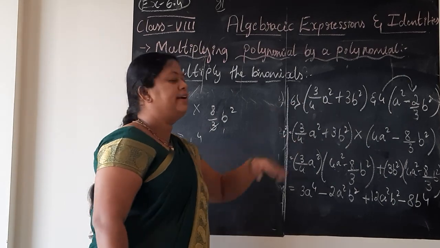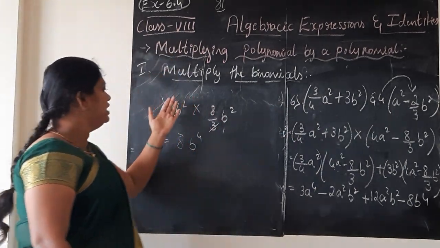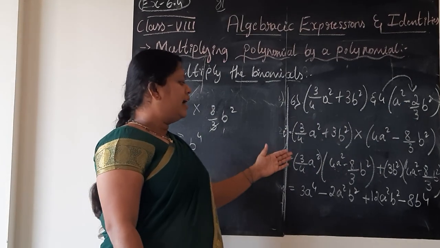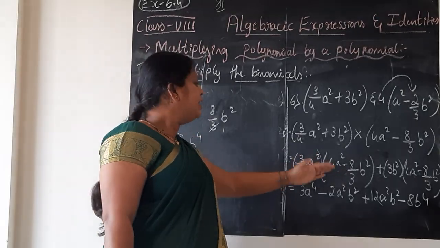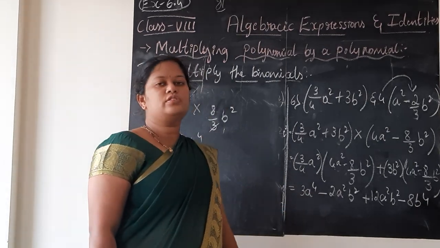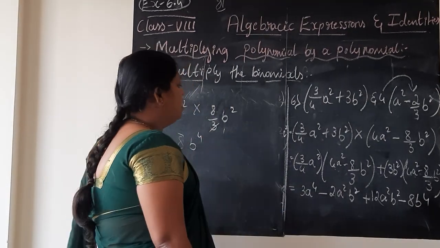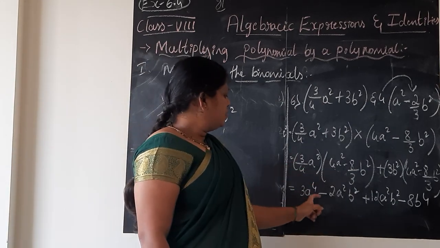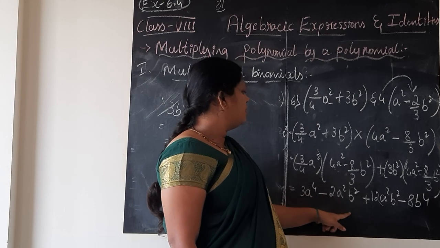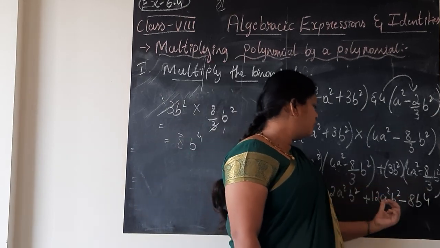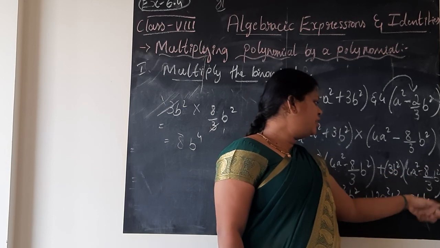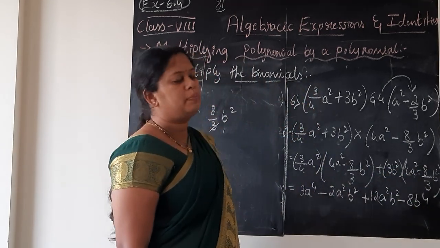As soon as you see the fractions, you should not get tense. See how easily that will get cancelled. If at all in a test or exam also, I will not ask you to multiply directly. If you want, add 2 more steps. What we did here, you can show here only in terms of steps. That is not a problem. (3/4) into 4a square is 3a power 4. (3/4)a square into minus (8/3) is minus 2a square b square. We got again 3b square into 4a square is 12a square b square. Plus into minus minus, 3b square into (8/3)b square is 8b to the power 4.